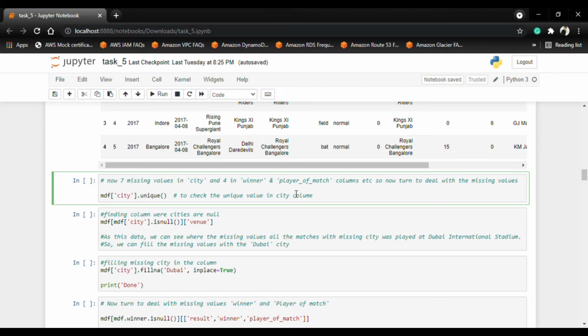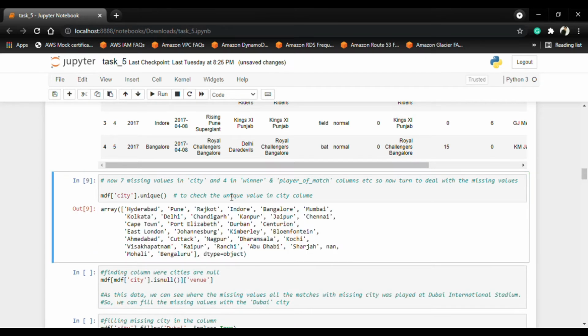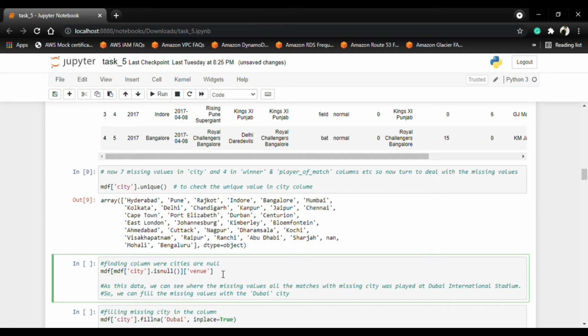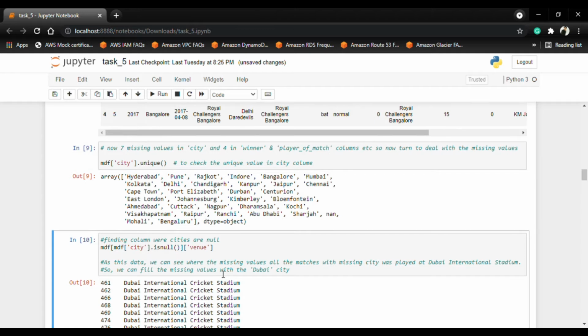In the next cell, now we need to deal with the city where 7 values are missing, and 4 in winner. So you need to check the unique values in the city column. Here are all the unique values in the city column: Hyderabad, Pune, Rajkot, Indore, Bangalore, Mumbai, Kolkata. In the next cell, these are the rows where the city is null.